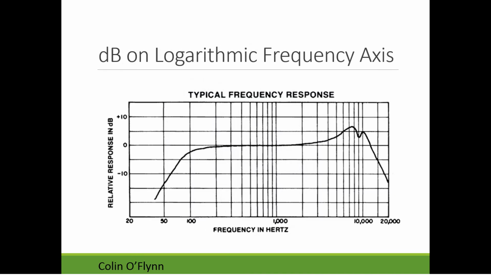Rather than having that double logarithmic scale, we'll instead plot the frequency response in decibels. And again, decibels is simply a ratio. In this case, they explicitly call out relative ratio in decibels. But generally, that means that 0 decibels is the input and output power are the same, or voltage if you're using the voltage-based definition of it. Either way, 0 dB always means the input and output ratio is the exact same. As we go negative, the output is lower than the input. As we go positive, the output is higher than the input.